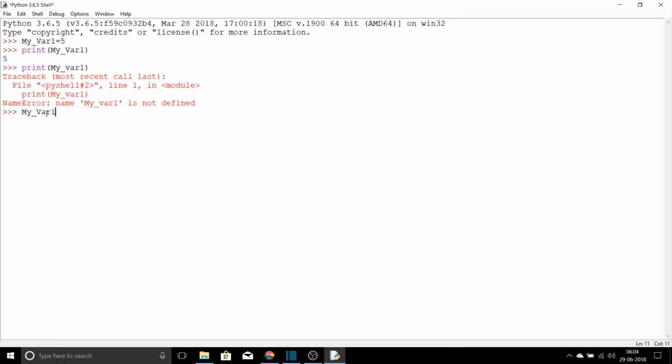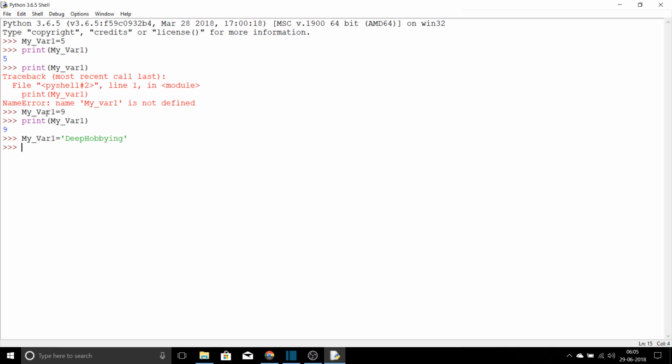So earlier we assigned a value 5, which is the integer data type. Now we can assign to the same variable, let's say 9, which is again an integer data type, but a different one. Now 9 is being assigned to myvar1, and you can see the value stored in myvar1 is 9, which we just assigned. Okay, now we can assign a value which is not from the same data type but a different data type. Let's say a string data type, which is, let's say, deep hopping,